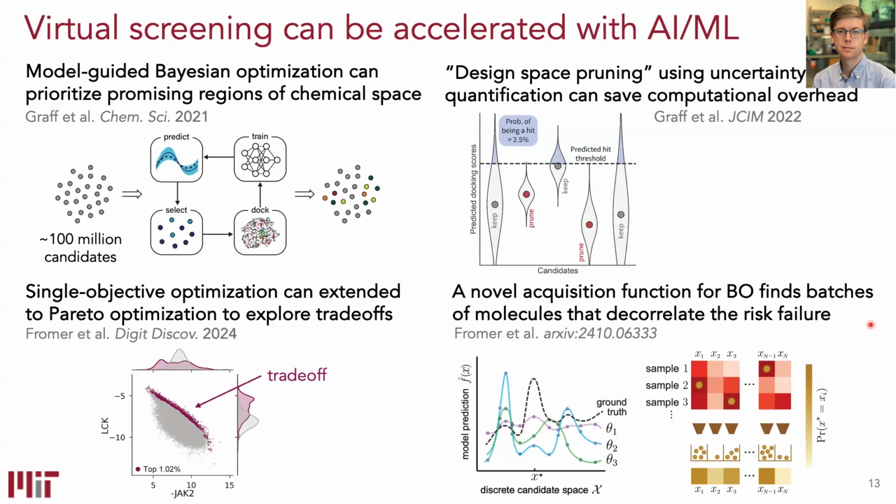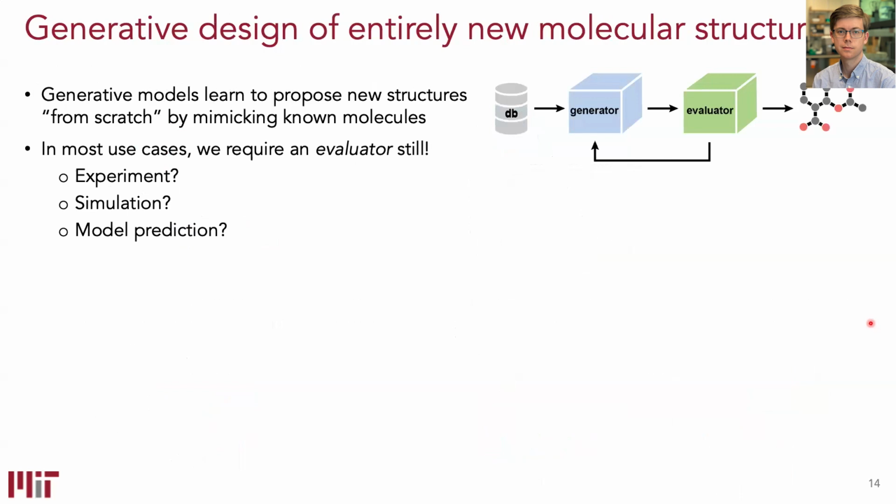But this is just virtual screening. And of course, I mentioned generative design being of high interest, and it's of interest to us as well. Again, the promise is that we can use models to invent new molecules with better and better properties. So maybe it's a more potent drug. The way that we typically use generative models is we have our generator itself, and we have some sort of evaluator or feedback mechanism that takes an idea of a molecule and scores it. It'll say, that looks good, that looks bad. It's a property prediction model. So we still rely on that feedback mechanism. It could be an experiment, it could be a machine learning model, or it could be a simulation.